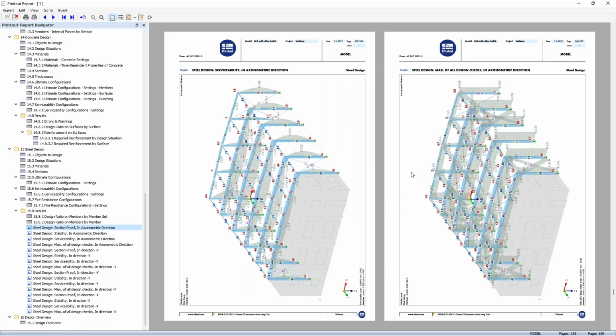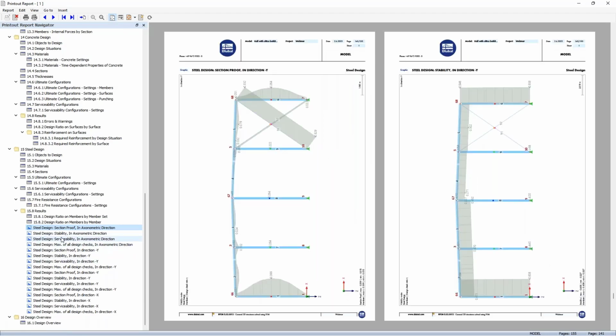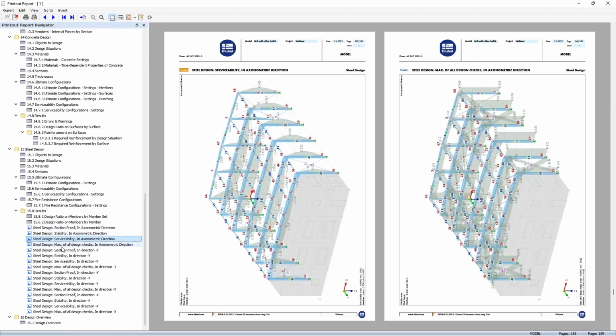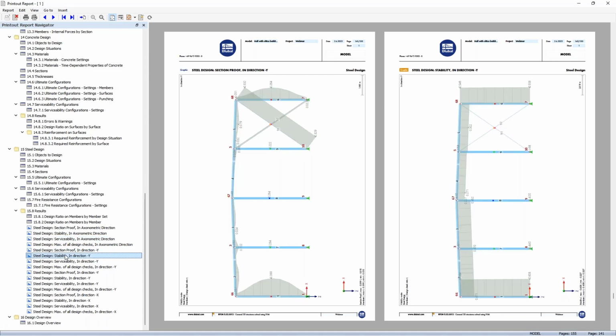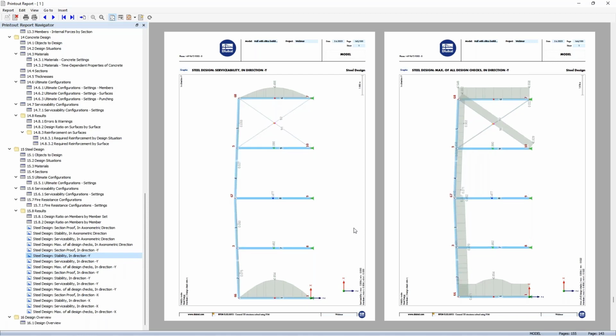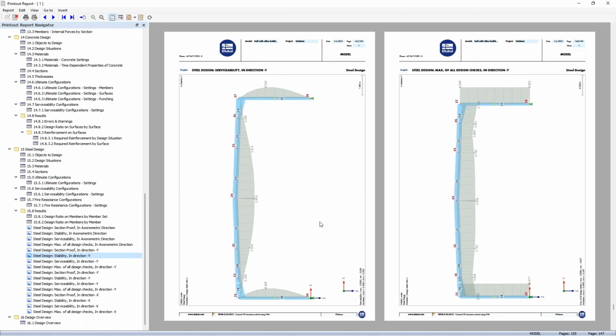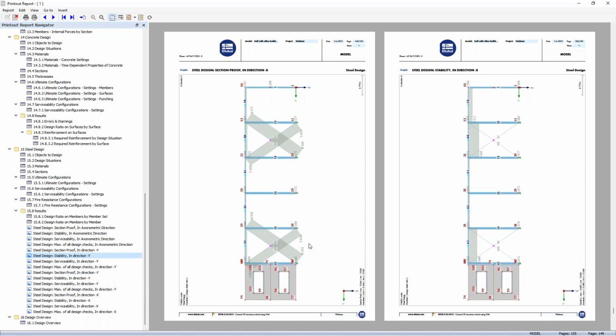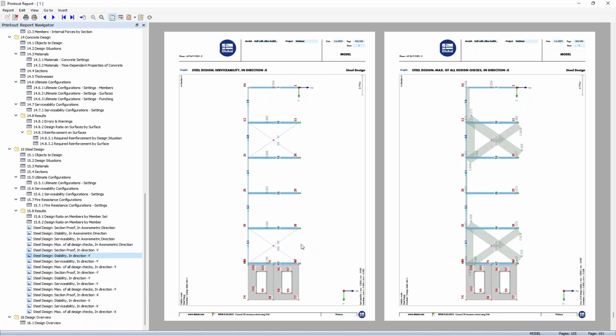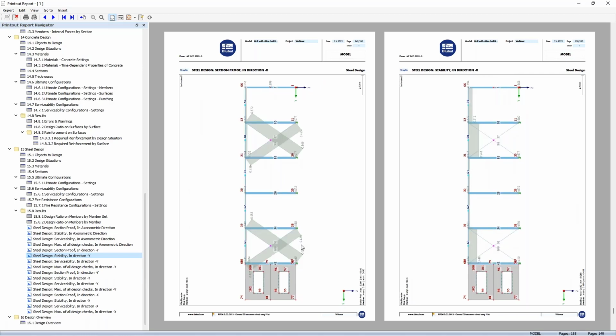Okay, so the 4 graphics for the isometric view. So then axis 1, axis 3, and axis A. As you can see, the last 4 graphics are with the concrete structure, and yeah, I can